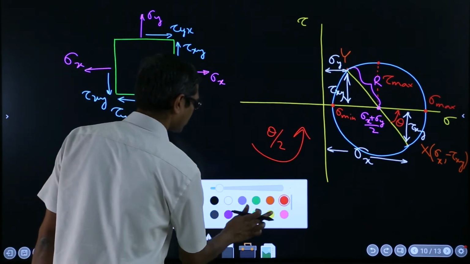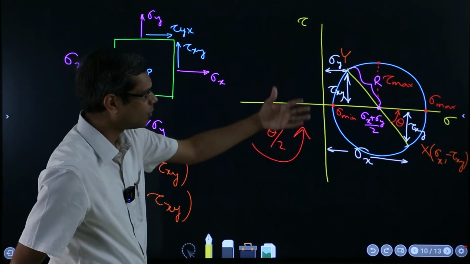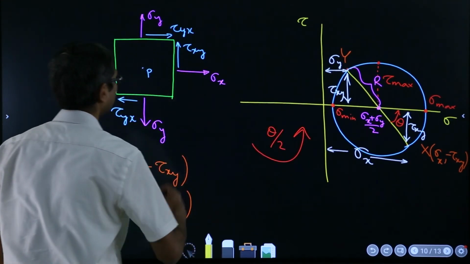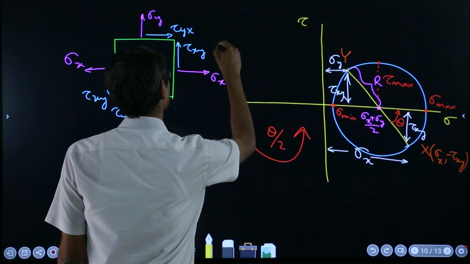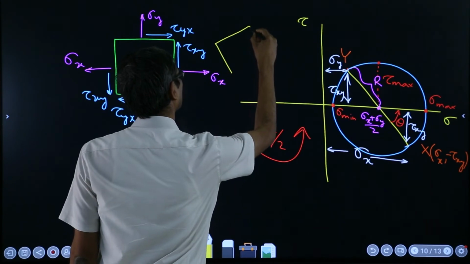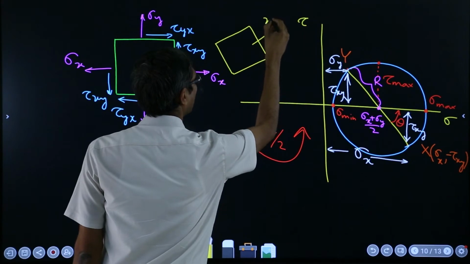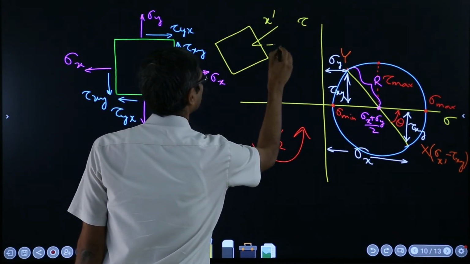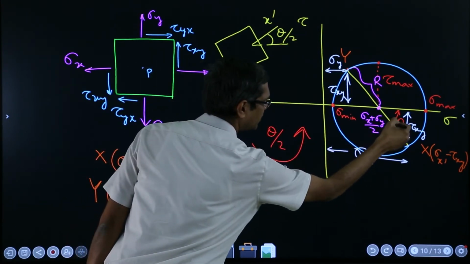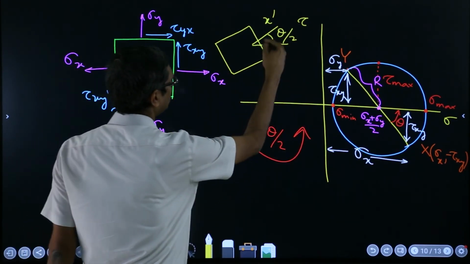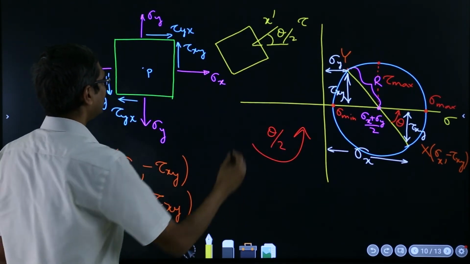That means, on the physical domain, that is the Mohr circle domain, this is the physical domain. On the physical domain, if I consider an elemental square like that, whose x dash axis is making an angle theta over 2, the theta which I have measured here,